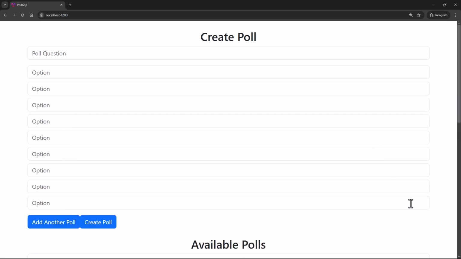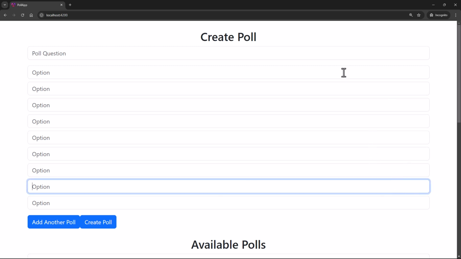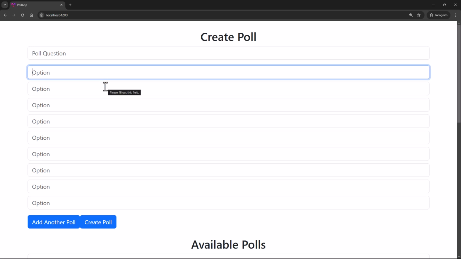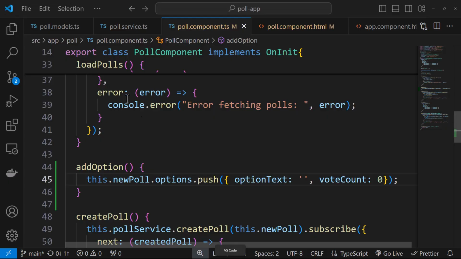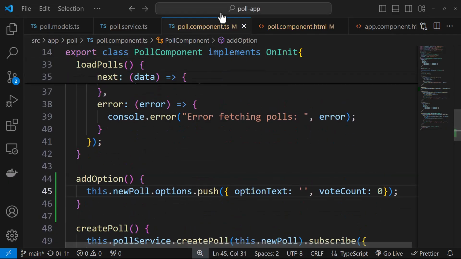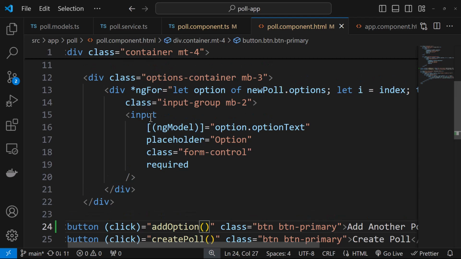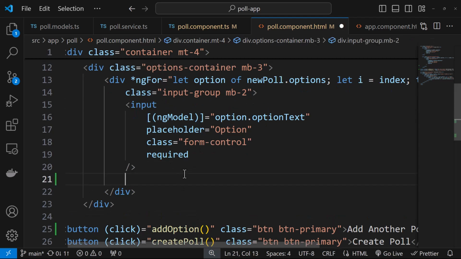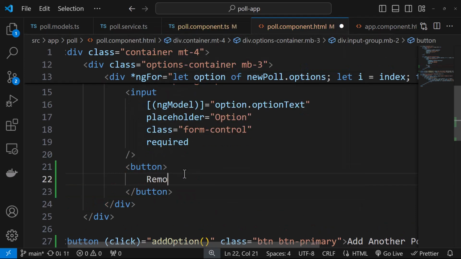But the thing is, there's no option to remove, right? So there has to be an option to remove if the option count is greater than 2. So that is the logic that we need to manage. I will come over here again, in the HTML file, and I'll add a remove button. I'll say button, mark this as remove, and I'll call the class button